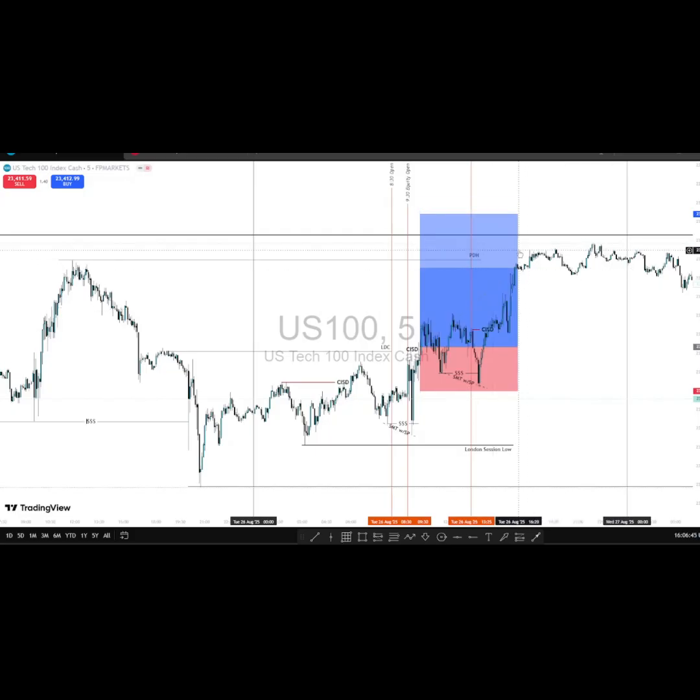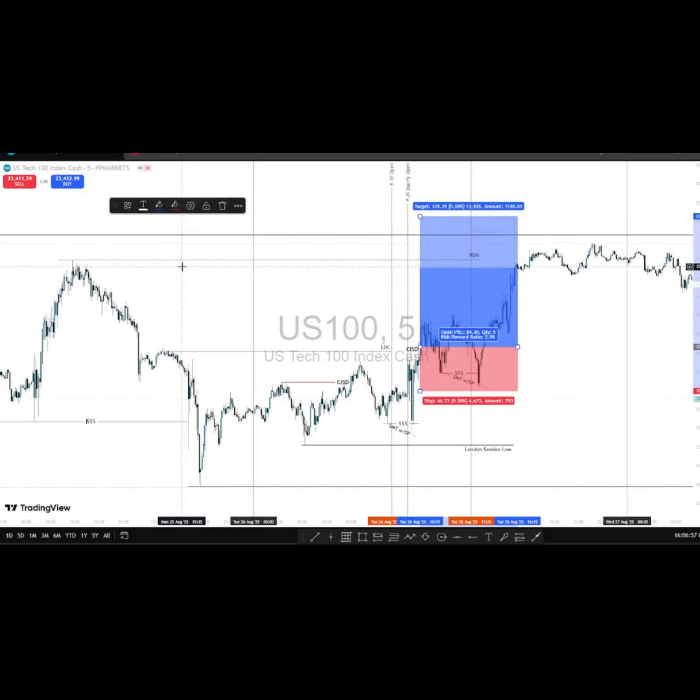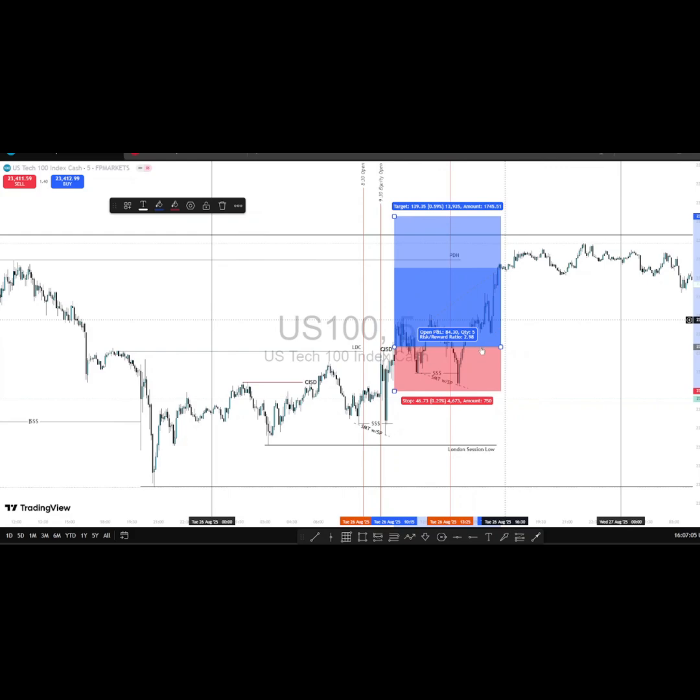At 4:15 I noticed that price had not swept the wicks, but it had already swept the bodies of the previous day high. So what I did is I closed 90% of my entries and left a few, but I moved the stop loss much higher. Once I closed 90% of my profits at 4:15, I moved it to around the 23,519 level.